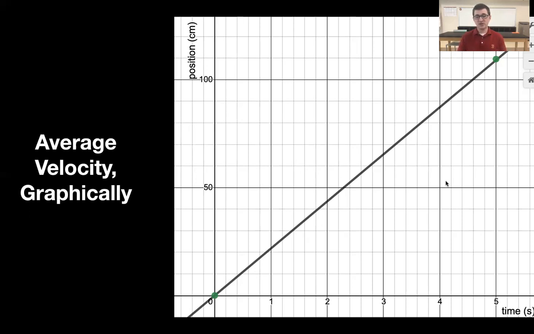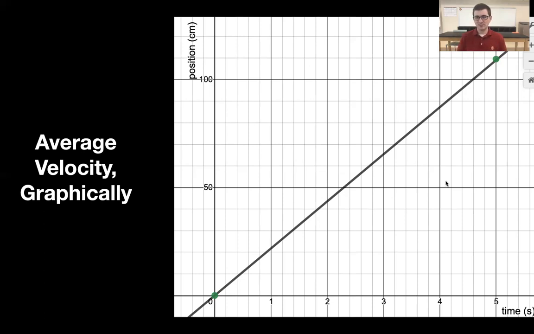So if I know that it took the object 5 seconds to go 110 centimeters, I can say that the average velocity of the object is 22 centimeters per second. And so the object may have been moving at a constant velocity of 22 centimeters per second. It may have been going slow at the beginning and fast at the end, but all I know, knowing point A and point B, I can find rise over run, which is change in position over change in time, and that'll give me the average velocity